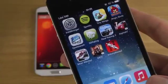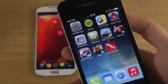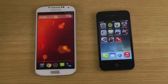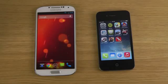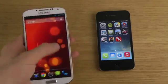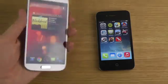Of course, it wasn't as good FPS as you would get on the iPhone 5, but it was still very good performance there. If you compare against the quality of the apps that you can sometimes get in the App Store, usually they don't have the same amount of quality to them. But yeah, I'm running here, of course, the Google edition on my Galaxy S4, which if we go and